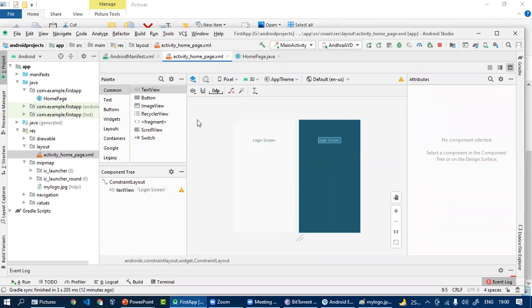It's a login screen, and we have a plain text.